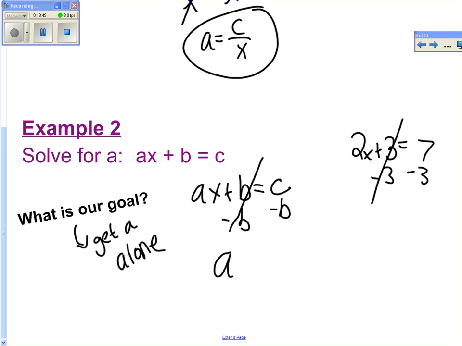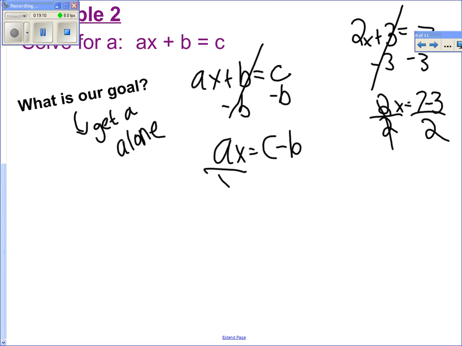And then I'm going to have ax is equal to, now I can't combine them, so I'm just going to write it in a line. And then over here, I'd have 2x is equal to, let's just write 7 minus 3. Let's just try to keep it together. And then what would be my last step here? I would divide by 2, correct? Cancel. Well, I'm going to do the same thing here, except I'm just going to divide by x because I'm getting a by itself. These are going to cancel, and I would have a is equal to c minus b